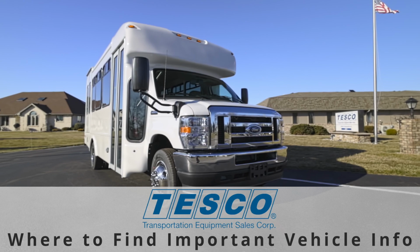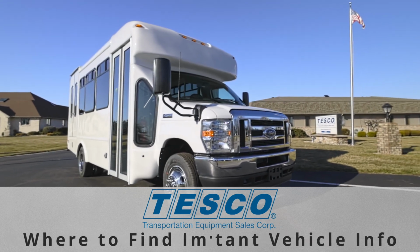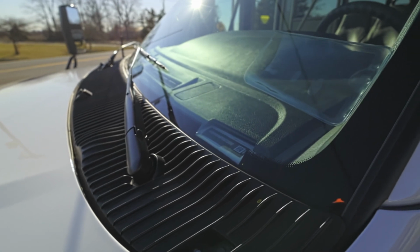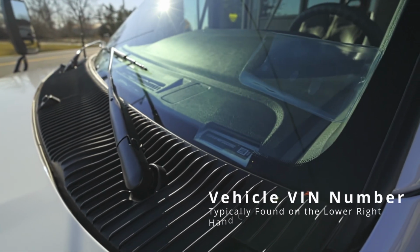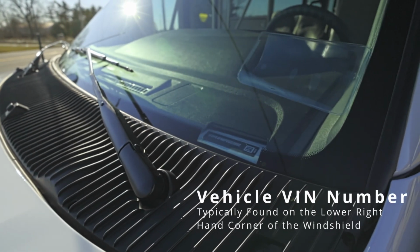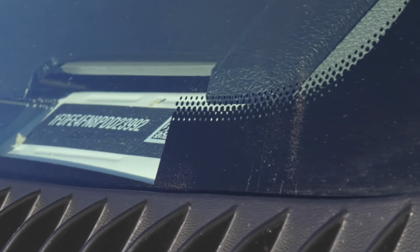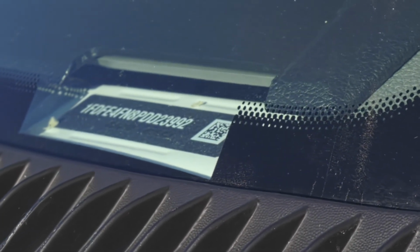Today, we will be showing you how to locate important information on your vehicle, starting with your vehicle's VIN number, which is important for things such as your vehicle history, ordering parts, or for recall information. This 17-digit number can be found here at the lower corner of your windshield or here in the driver's side